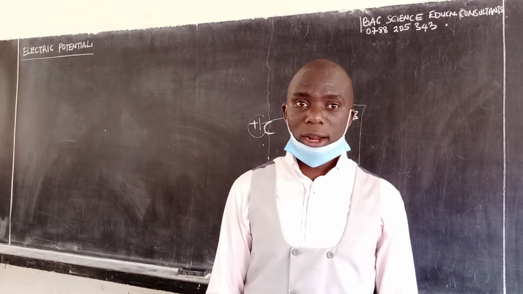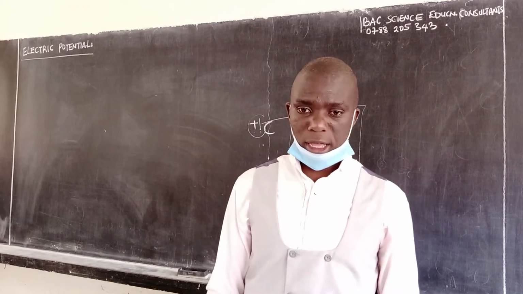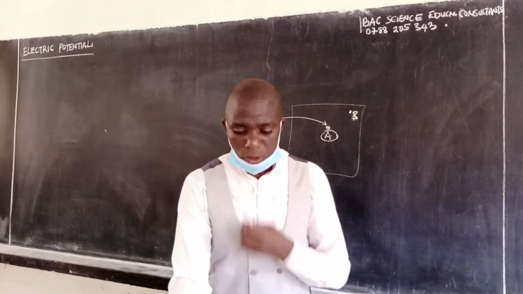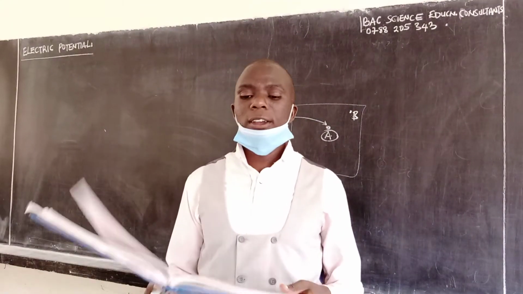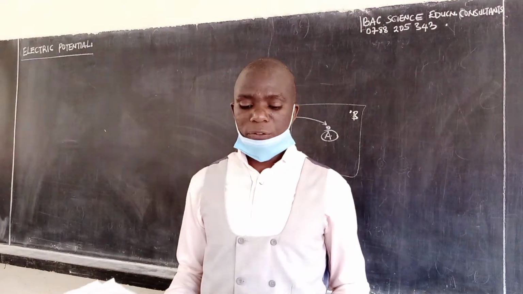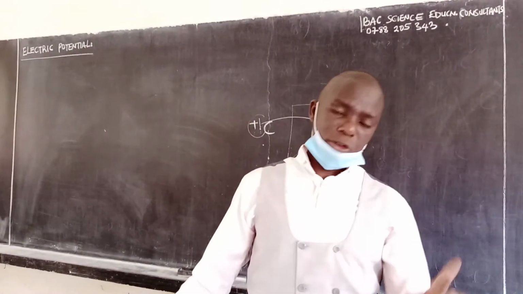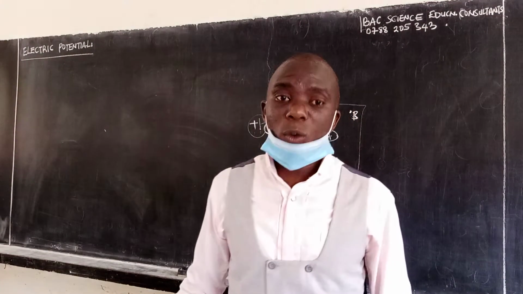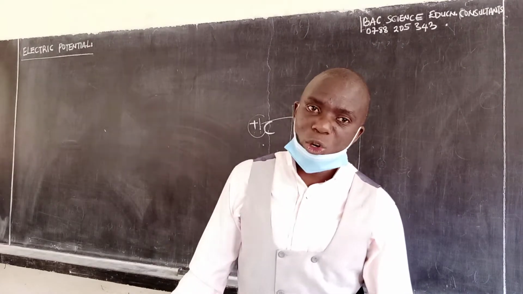The infinity of Uganda is outside Uganda. Just get it like that. So we say it is the work done in moving one positive coulomb of charge from infinity to a point against the electric field. Unlike electric force and electric field intensity, which are vector quantities, this electric potential is a